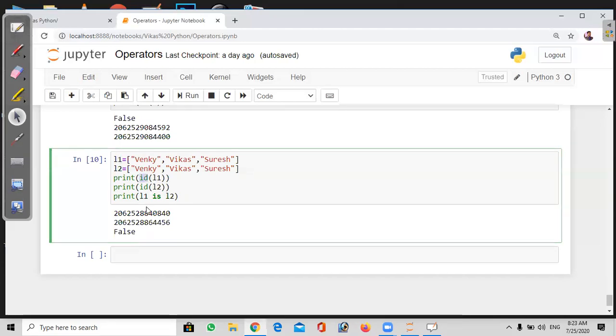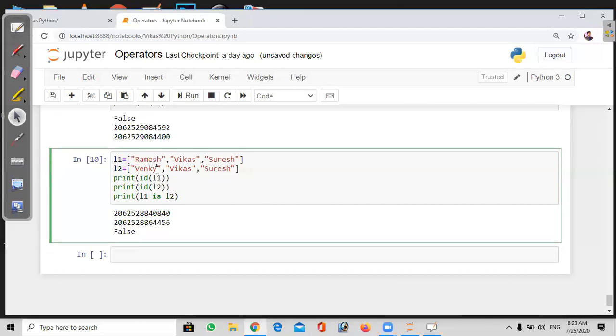This address is not predefined. It is the address in memory that holds the data. Everything is stored in memory. So basically Venki, Vikas, Suresh, whatever the content, is not converted into an ID for that name. No, this particular information is stored at this address. See here, let me change that: some Ramesh, I'm giving.